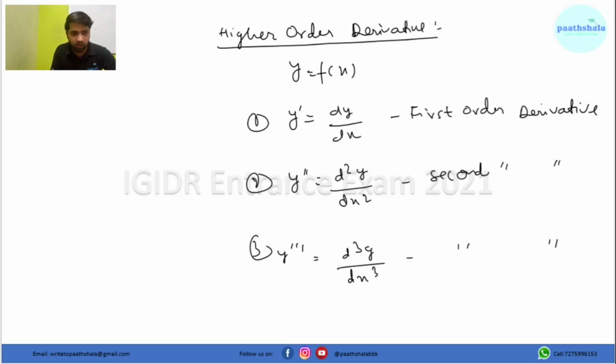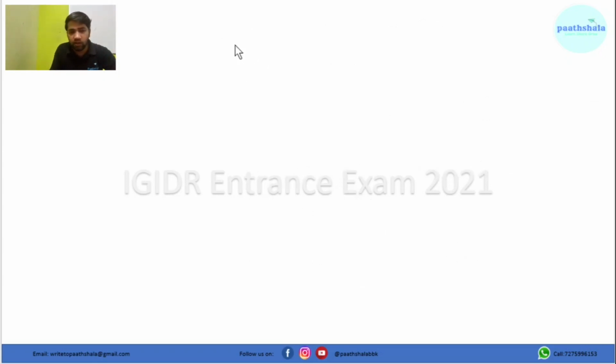This is called third order derivative. In similar fashion we can find it out. Okay, so if we are talking about parametric form, here it is slightly difficult because we have to